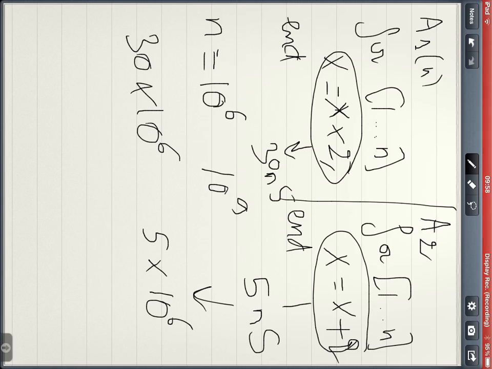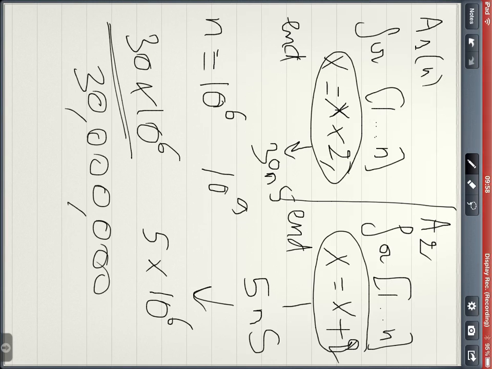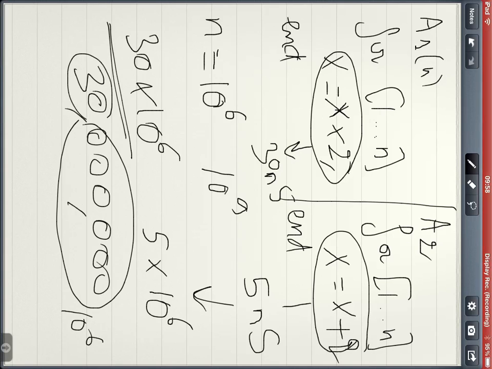So last time we reached this conclusion: if we want to see how an algorithm behaves with respect to changes in the input, we plot a graph, which looks like this. We have the input size here, and the number of steps here. The y-axis is the number of steps, and the x-axis is the size of the input.